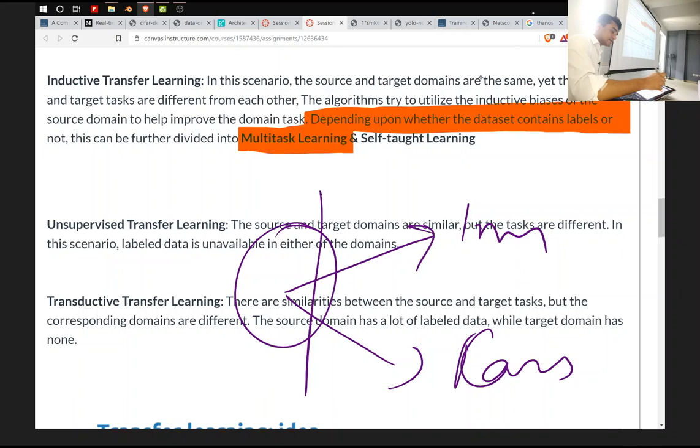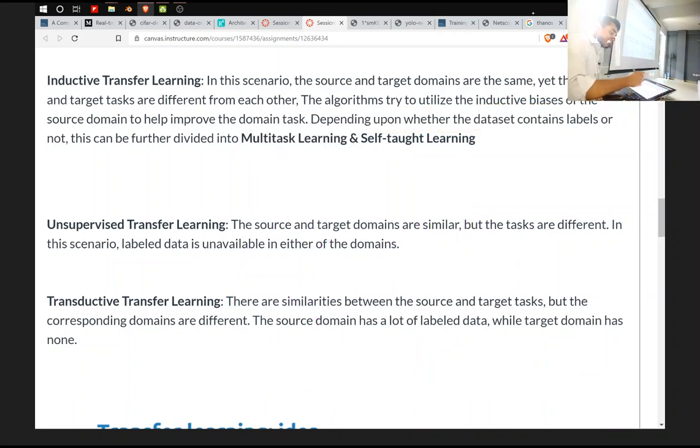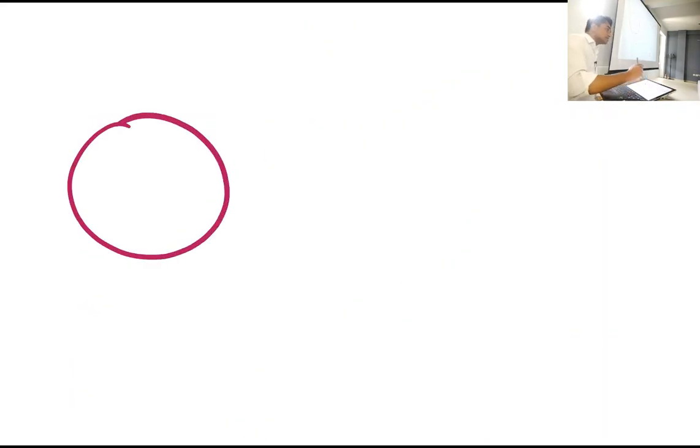Now second thing is what? Self-taught learning. Now what is self-taught learning? This is a data set and is huge. This is another data set and that is small. One of the reasons we use transfer learning, right? Now we take a model M,